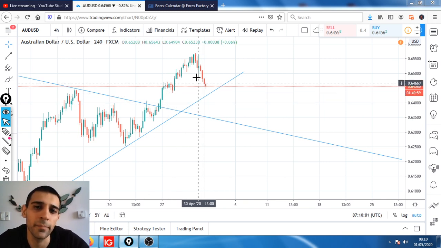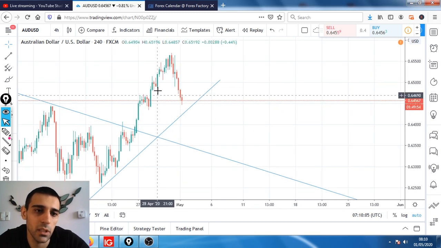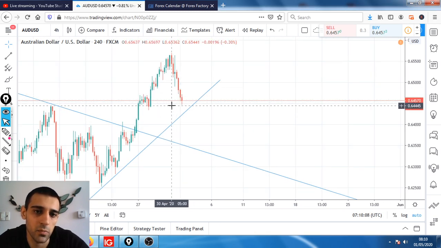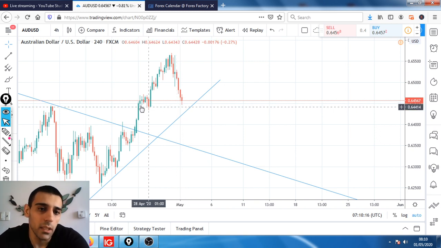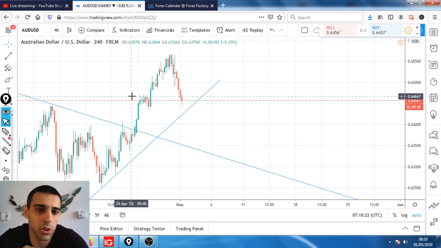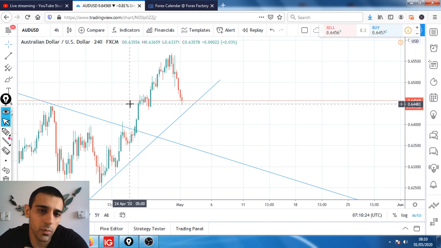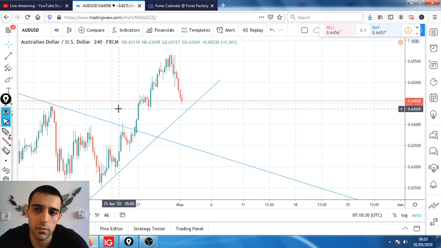It's not 100% clear as far as the short-term trading goes, because we are sitting at a nice support. It's a matter of whether it's going to break this level or not. So I will still give it a try if the price gives me the opportunity to short this trade. And I'm just looking at where this can go. 64.40.